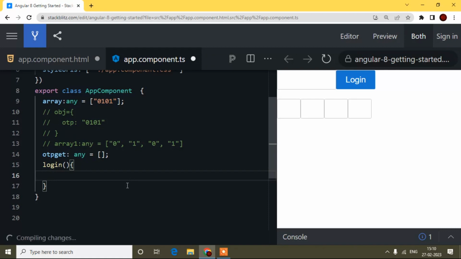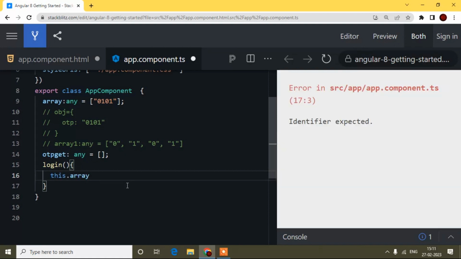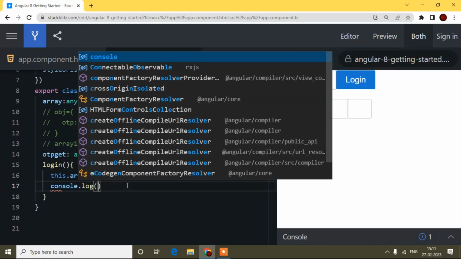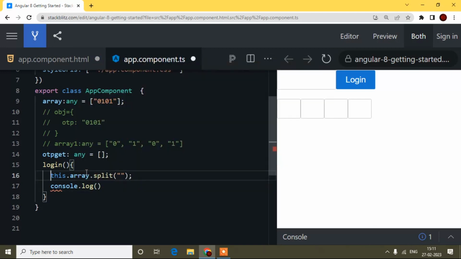This dot array dot split, if I split this, let's see what I get. So console dot log, and first I will put it inside this OTP get variable. This dot means I have assigned it in this variable. Now I'll paste this and check in the console what I get.